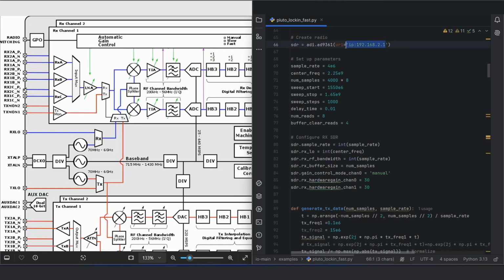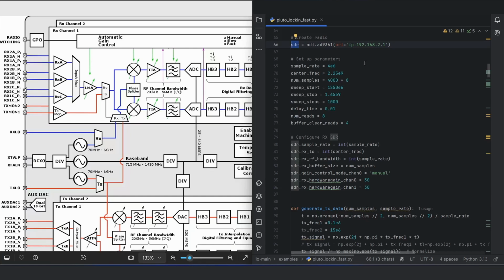And this is as simple as it gets. We just say SDR equals AD9361, then the IP address. If the IP address is correct, we get connected to the SDR